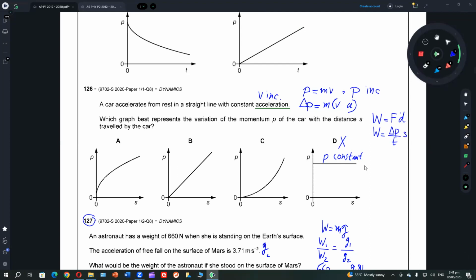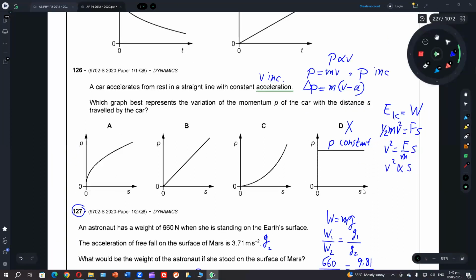But that is not possible because it is not the resultant force. I hope you remember now. It's a mathematical issue now. It's v square. If you see this working,